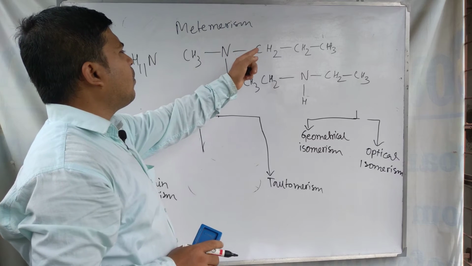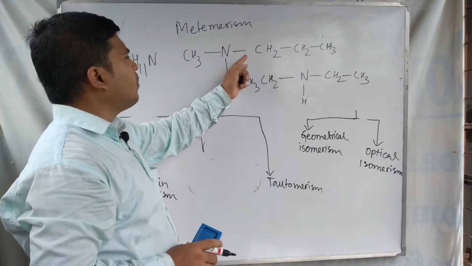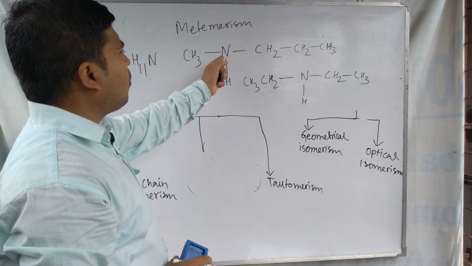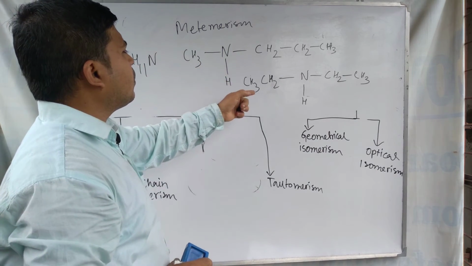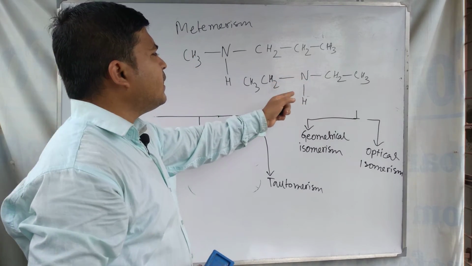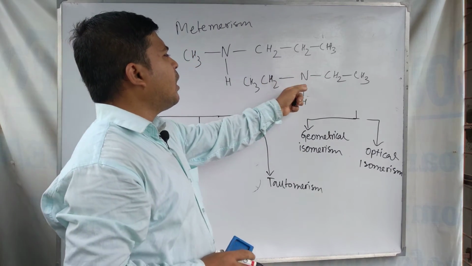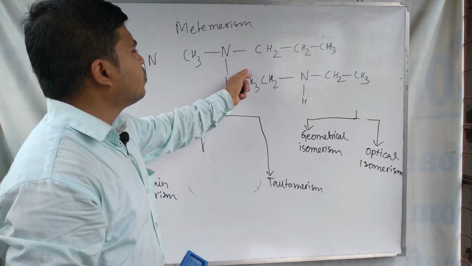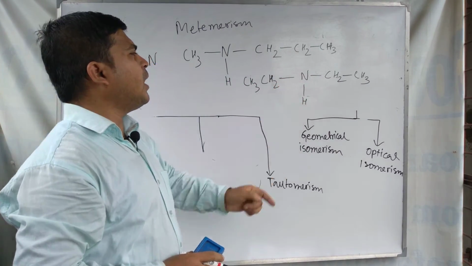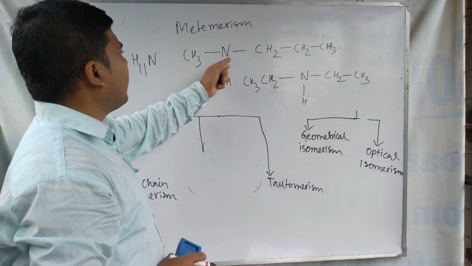This one is called N-propyl N-methyl amine, or propyl methyl amine, and this one is called N,N-diethyl amine, because in the N position two ethyl groups are present. Just as two methyl groups would make it N,N-dimethyl amine, here in N-propyl N-methyl amine,